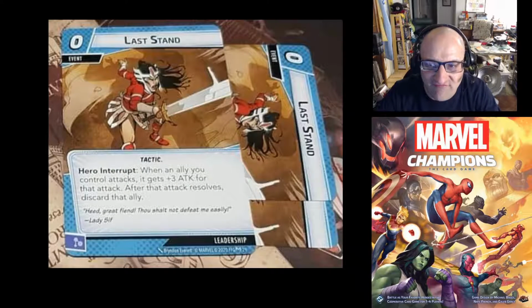And next up, we have Last Stand, 0 cost event. It's a tactic, generates a mental resource when you discard it, and it's a hero interrupt. So when an ally you control attacks, it gains +3 for that attack. After that attack resolves, discard that ally. So, really good way to pump up your ally's attack, but really useful if your ally only has 1 health